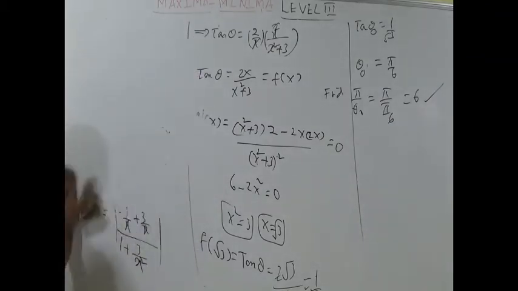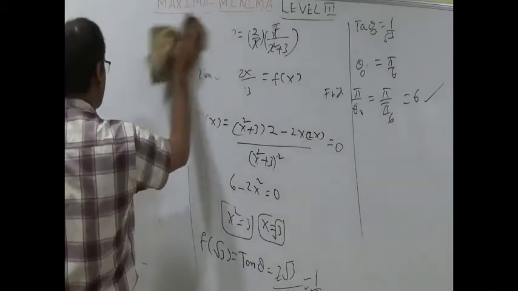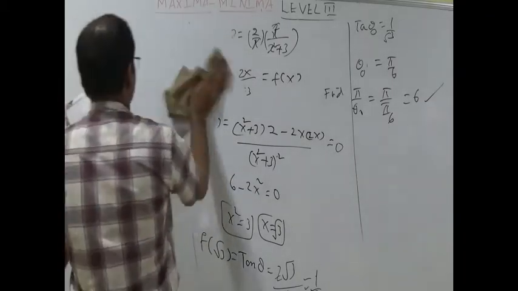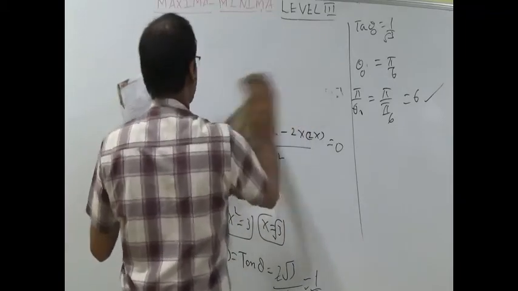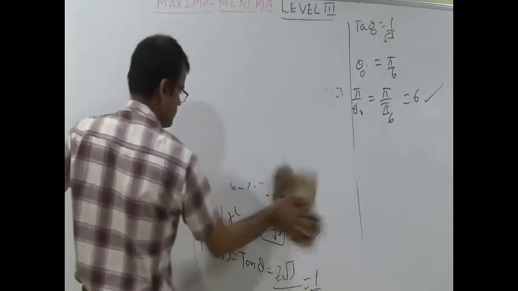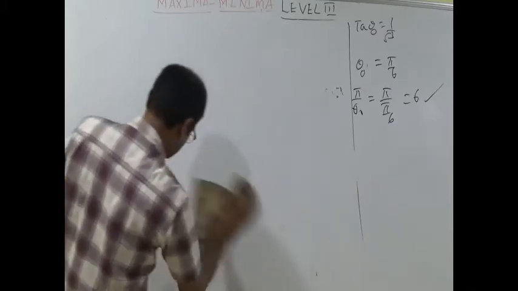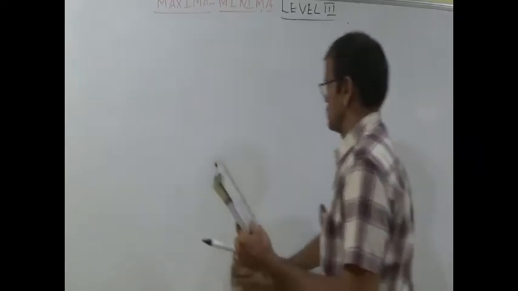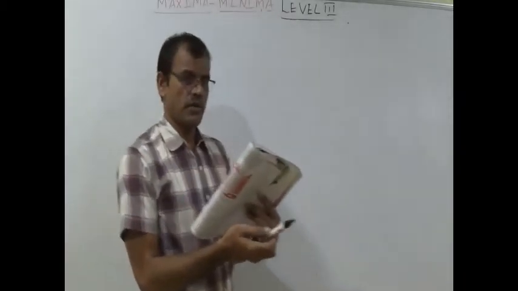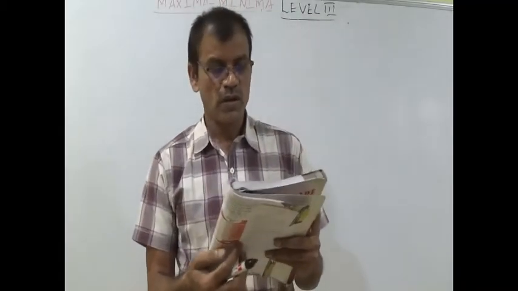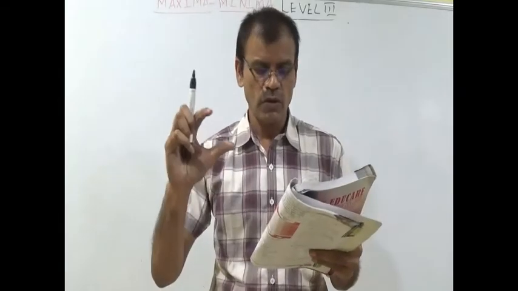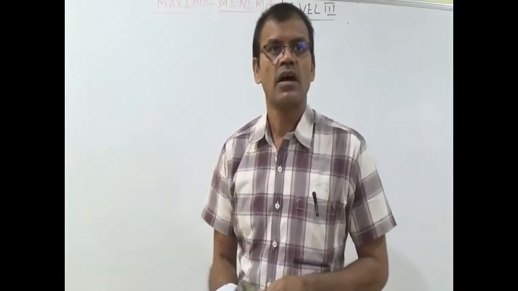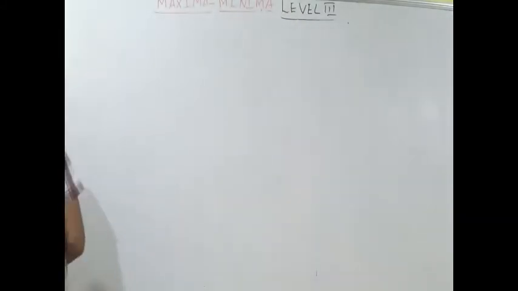Before discussing 50th question, we should know about the concept of circle. For the circle, x square plus y square is equal to r square. He is saying the question, find the value of r for which the area enclosed by tangents drawn from a point P(6, 8) to the circle and chord of contact. First of all, I am saying here concept.